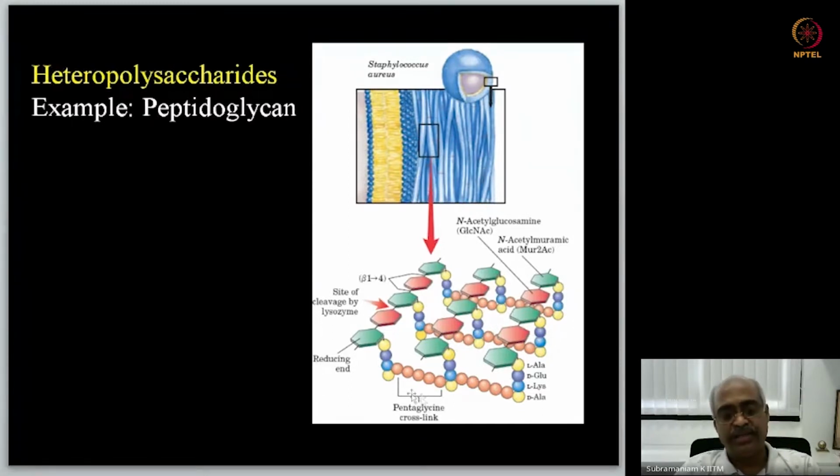In gram-negative bacteria, instead of pentaglycine, these amino acids are directly joined, like this alanine is joined either to the lysine or to alanine, and so on. This is one of the important heteropolysaccharides, and it is important in studying many bacterial infections as well, because some of the drugs are focused on destroying these peptidoglycans. For example, lysozyme, which is